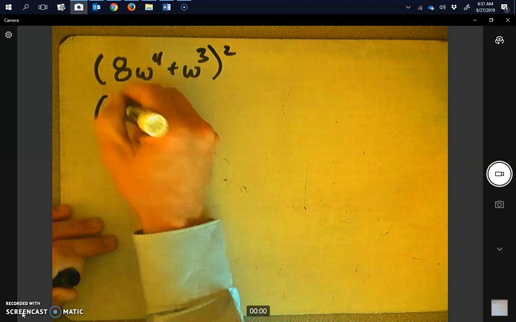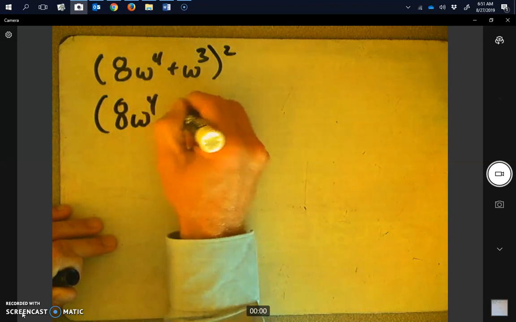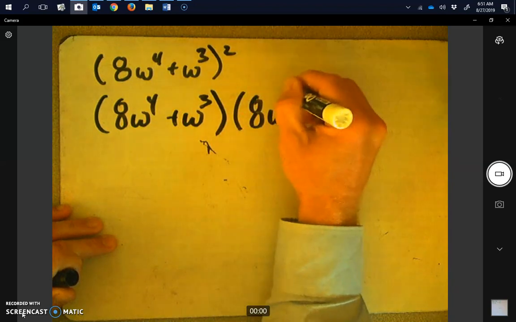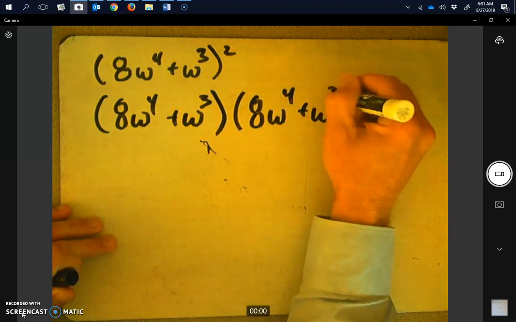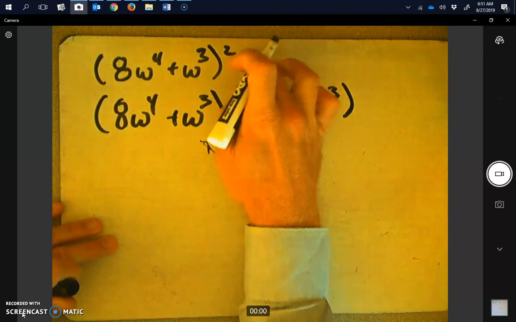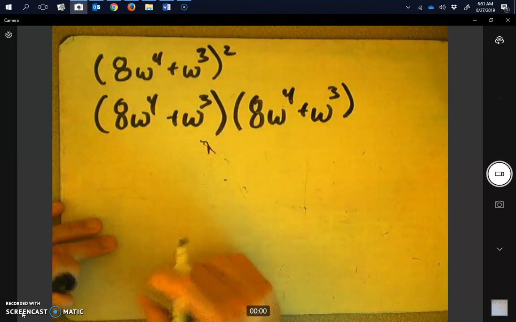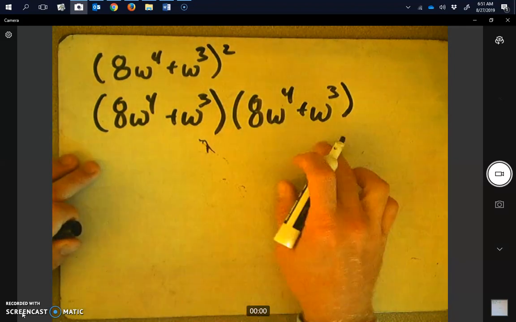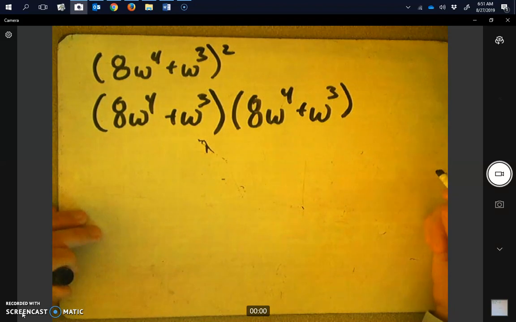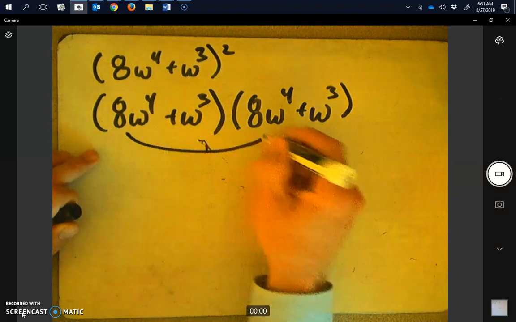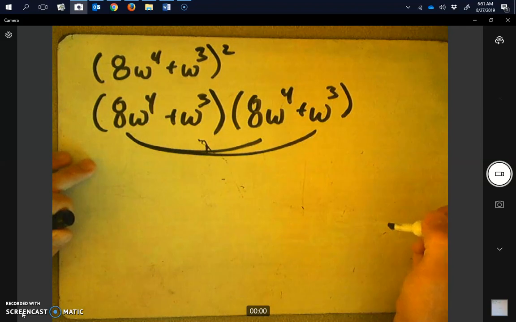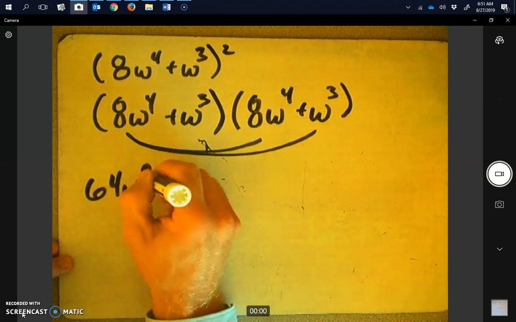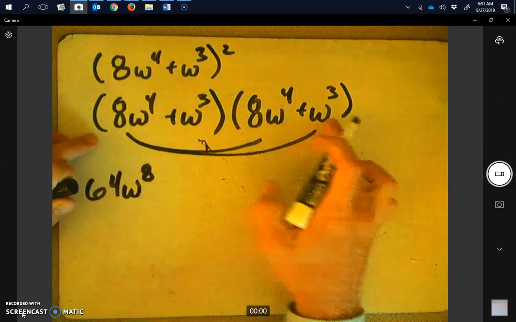So we get 8w to the 4 plus w cubed times 8w^4 plus w cubed, right? Because it's squared, so it's just this times itself. Now over here, we're going to FOIL, or do the distribution method, or if you want to do the box, you can do that as well. I'm going to distribute, so this 8w goes there, and then it'll go on the back side. So we have 8 times 8 is 64, w to the 8, and then 8 times 1 is 8,